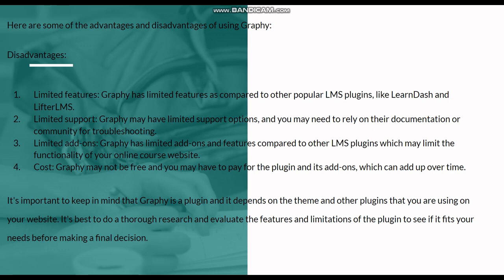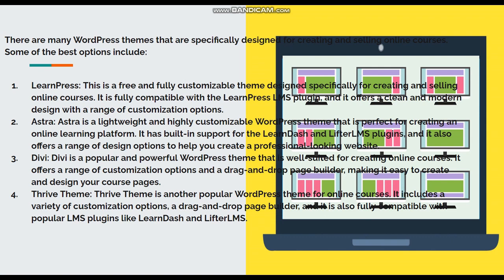It's best to do thorough research and evaluate the features and limitations of the plugin to see if it fits your needs before making a final decision. There are many WordPress themes that are specifically designed for creating and selling online courses. Some of the best options include